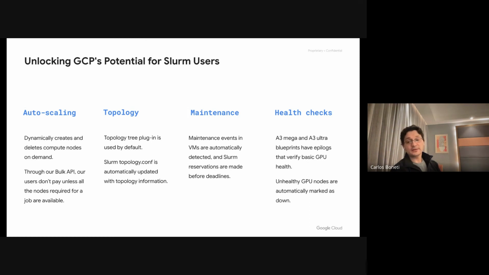You're not going to pay for any of those nodes until the 1,000 nodes are available and created for you. And this is very powerful because there are cases where you would otherwise be waiting. You have 900 nodes and you're waiting for the 1,000 to be complete. This won't happen here, right? It will automatically create all the nodes required for your job. And depending on how it's configured, the default is that those nodes will be created per job and as compact as possible. They'll be part of a placement group that will make them as compactly placed as possible for that